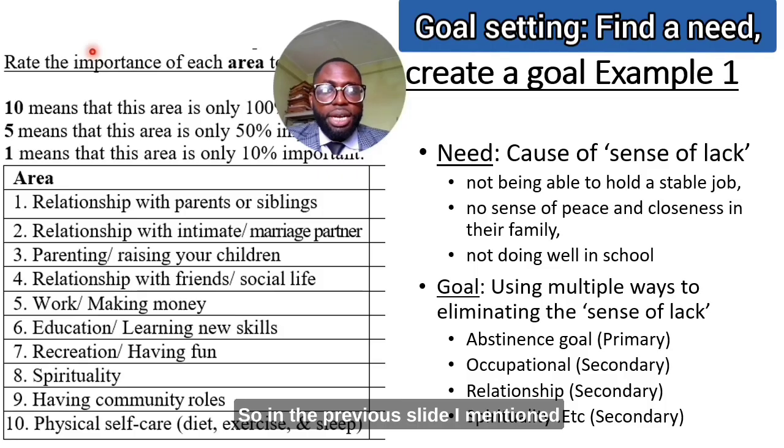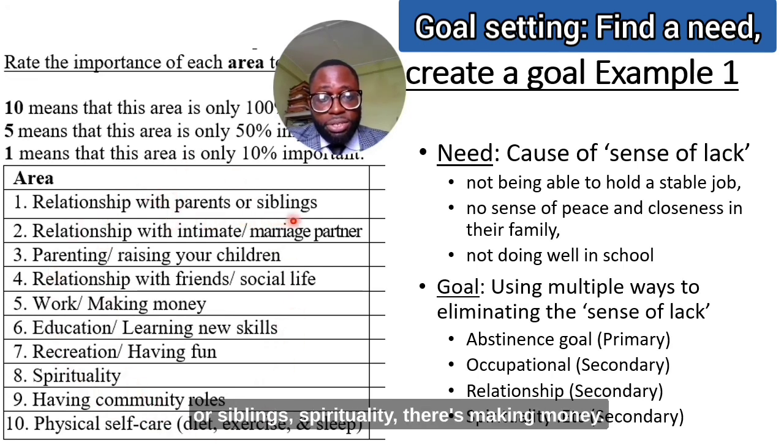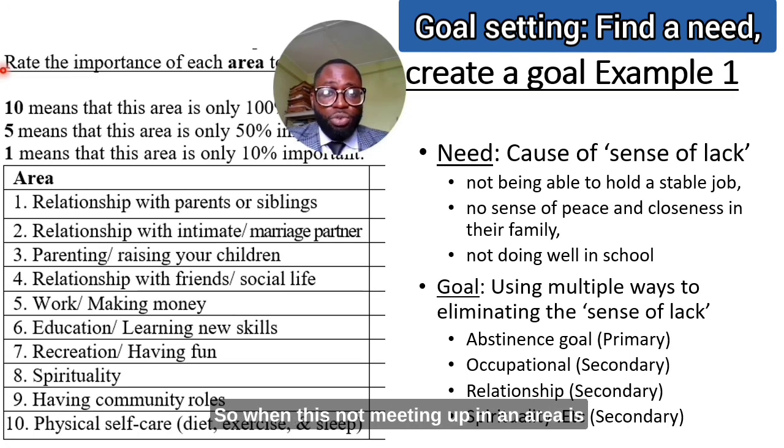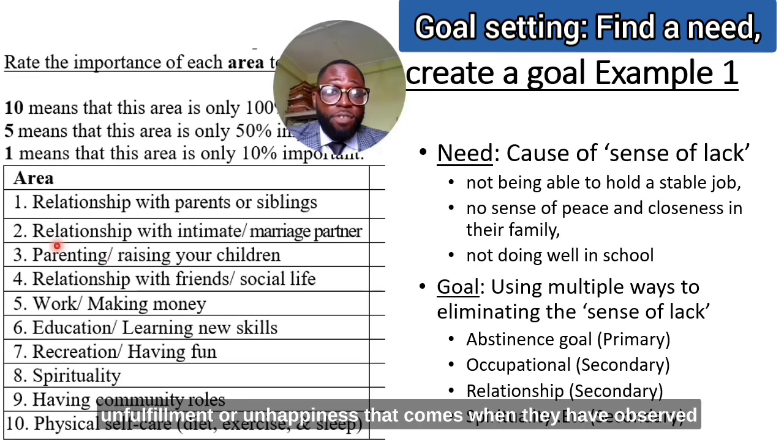So in the previous slide, I mentioned the value living questionnaire, and I mentioned that it is part of need identification. It helps the person identify their needs easily. So this is a 10-item instrument that looks at different areas that are important to a patient's life. The first is relationship with parents or siblings, there's spirituality, there's making money. So usually when one or more areas are not being met, there's usually a sense of unfulfillment. So when this not meeting of an area is brought to the patient's awareness, the unfulfillment or unhappiness that comes when you have observed these discrepancies